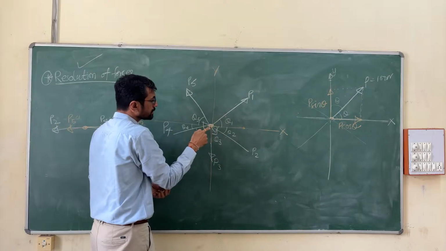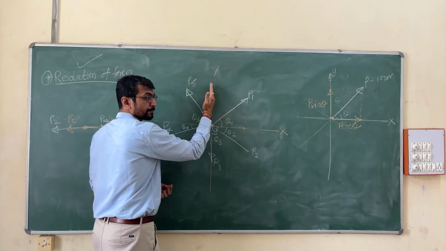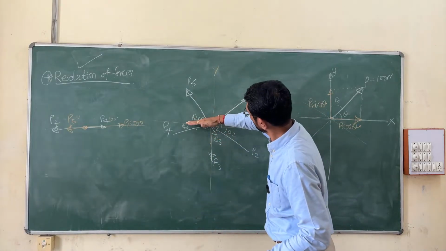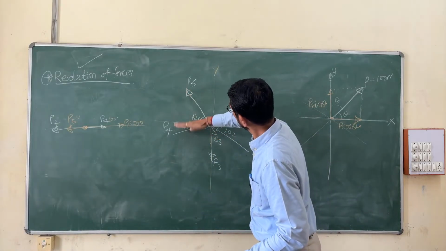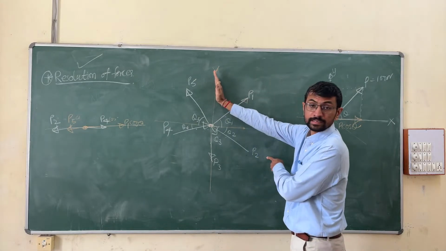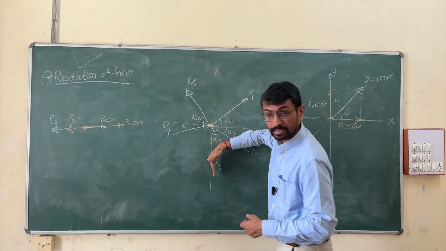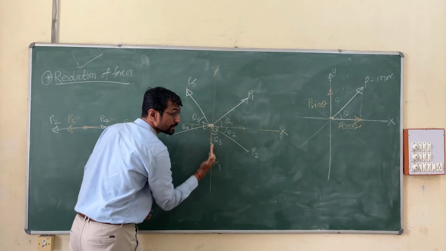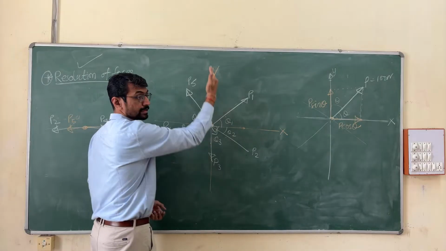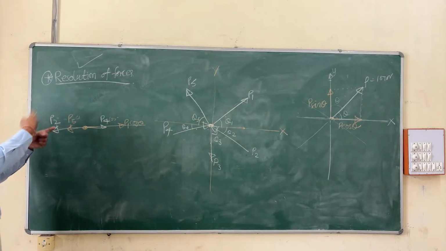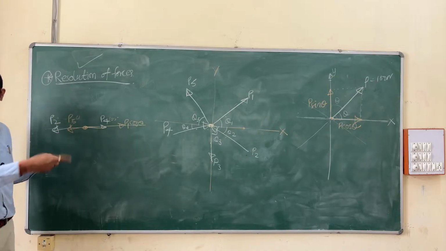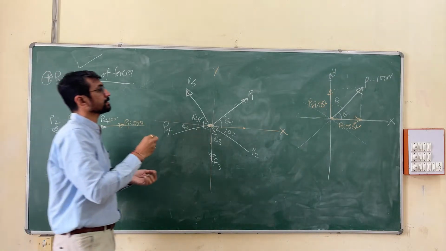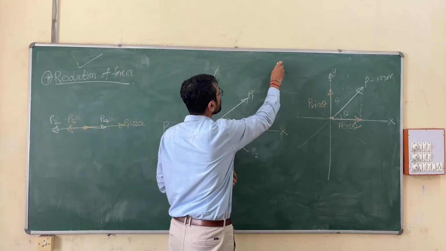Similarly, you will have sin thetas. So in y direction this point has P1 sin theta, P2 sin theta, P3, P4 sin theta, P5 sin theta, right? So again, the algebraic sum of all those sine components will be something, right? Let us call that component the final sine component,